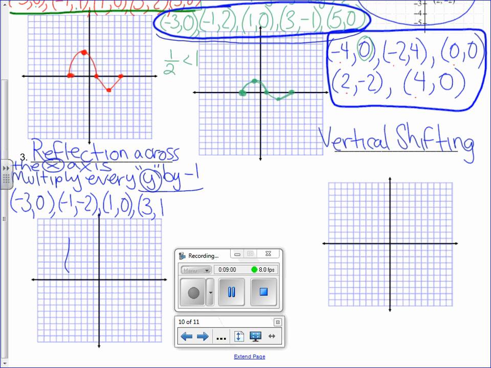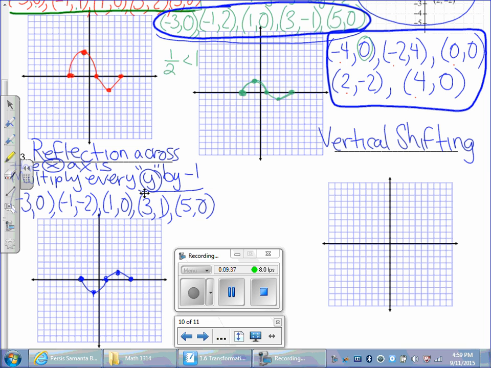3, +1, and 5, 0. So you notice the points that are on the x-axis, they remain on the x-axis. So we have -3, 0, -1, -2, 1, 0, 3, 1, and 5, 0. And so that will be the reflection, and we have one last thing to do, and that is going to be